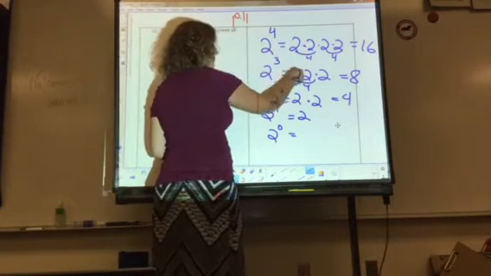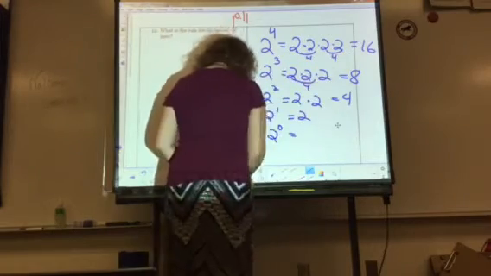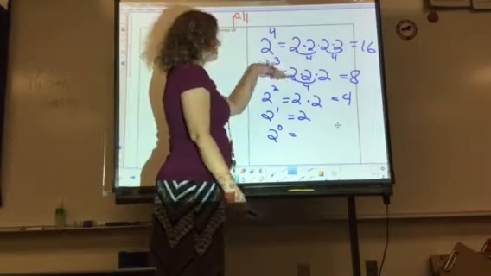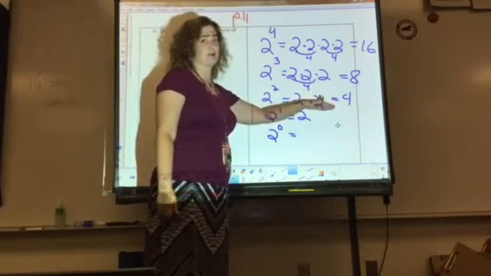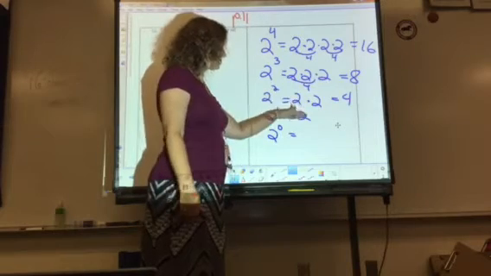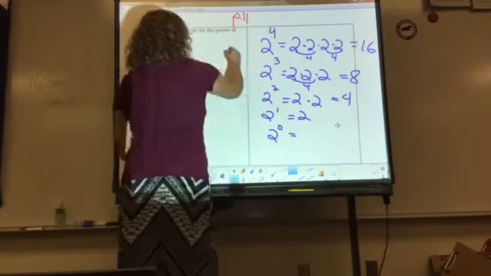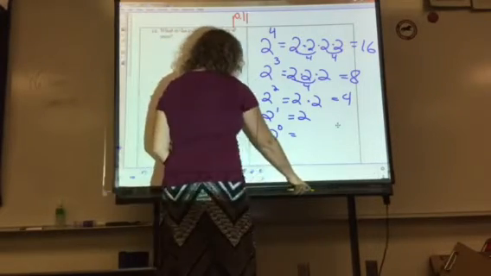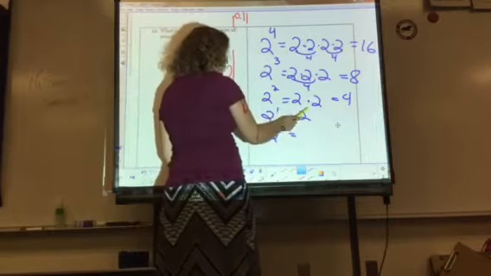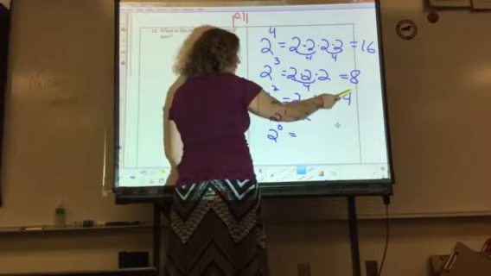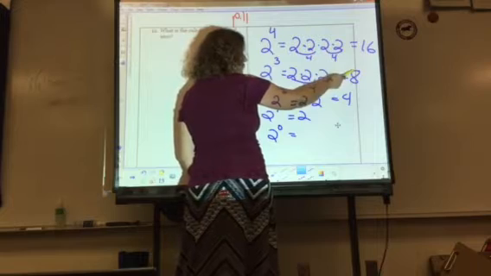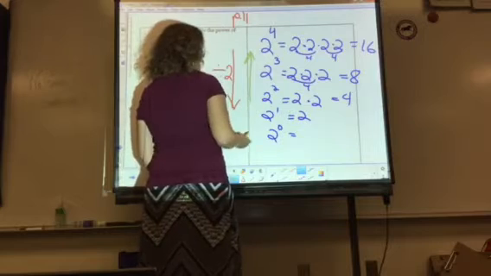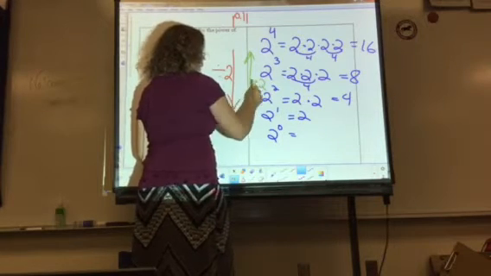When you go down an exponent number, what is happening to these answers? What happens to 16 to turn it into 8? It divides by 2. What happens to 8 when it turns into 4? It divides by 2. From 4 to 2, it divides by 2. When you're going down an exponent number, you're dividing by 2. What about when you're going up? This answer was 2, this answer was 4. Didn't it multiply? This was 4 and it became 8. It multiplied by 2. This was 8, it became 16. It multiplied by 2. So when you go up an exponent, you multiply by 2.